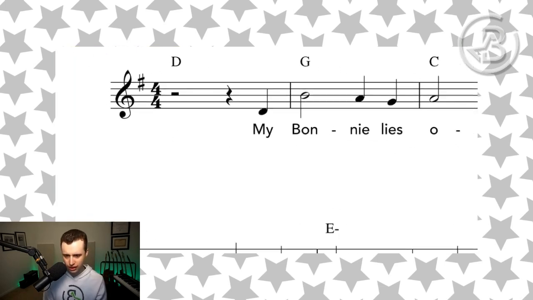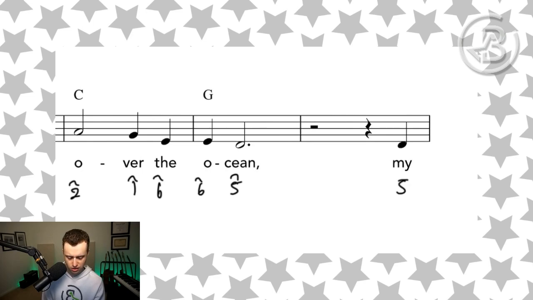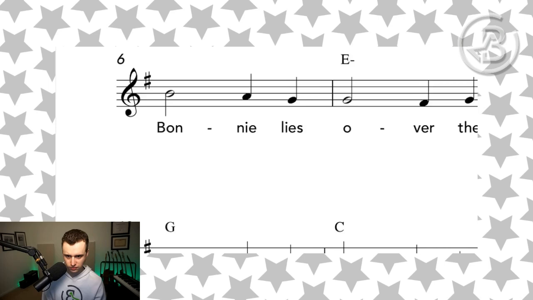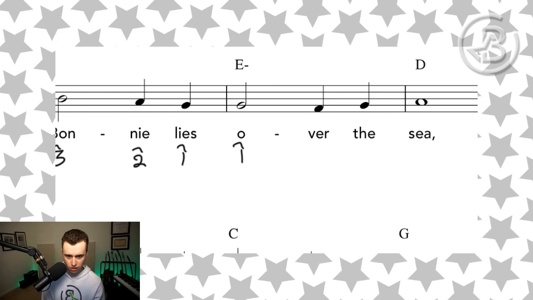So let's start off by doing our scale degree analysis. So I'm going to write scale degree, G for the key. Okay, we have 5, 3, 2, 1, 2, 1, 6, 6, 5, then some rests, then 5, then we have 3, 2, 1, 1,